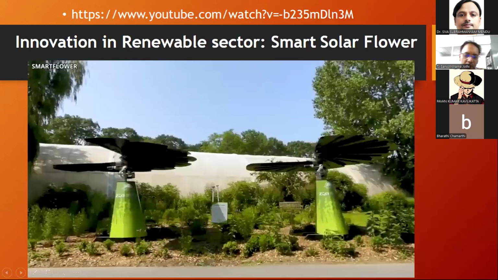As I told you, a lot of problems exist with respect to the different stages that we have seen here. Although a lot of design thinking has gone in, this may not be very useful in places where there are huge crowds. In open areas, such products will be useful, so we have to see where such devices are feasible. As of now, this type of innovation is being developed, which will spread its petals upon seeing the sun.